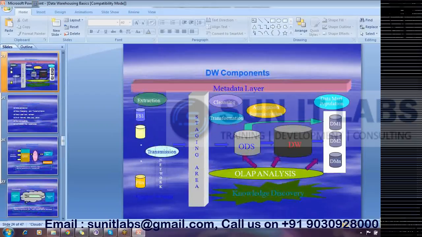Once you load the data, the analysis will be carried out using your BI tools. It will query your data warehouse, and at the same time it will query your data mart for report generation. By generating the reports, you'll discover knowledge. If you see, the architecture also represents that